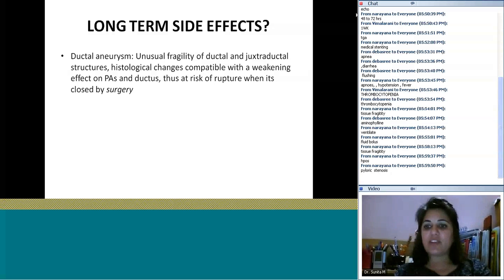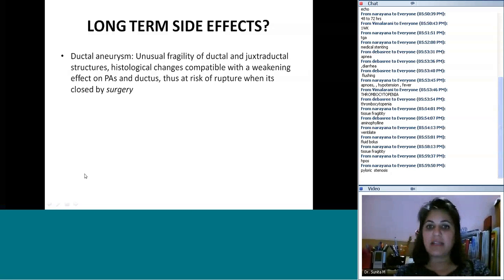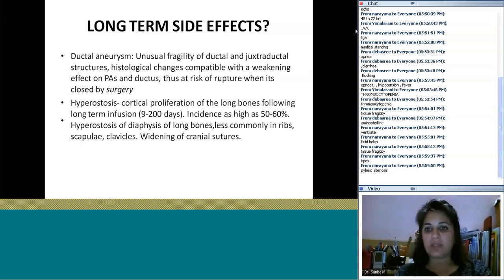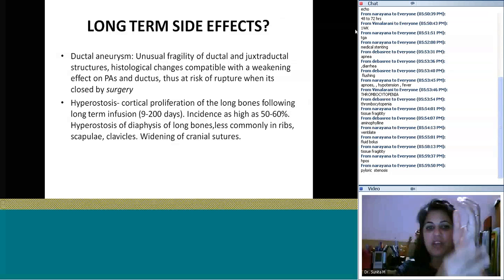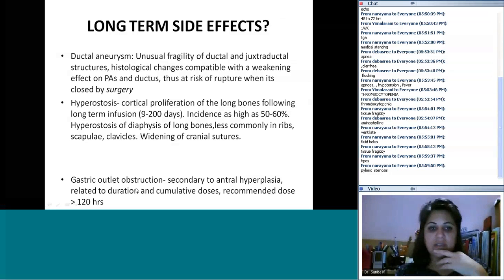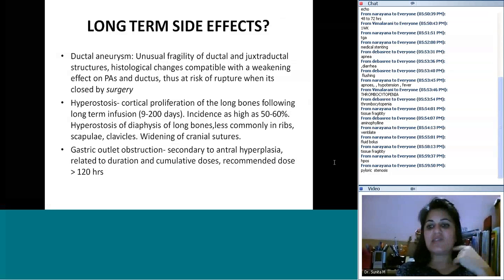So some of the long-term side effects of prostaglandin, one of them is that you can actually get a ductal aneurysm. The whole thing weakens, and you get a lot of fragility of the ductal and the juxtaductal structure. So you're at risk of rupture. Second side effect is hyperostosis. That means there's proliferation of the long bones following long-term infusion. Incidence as high as 50 to 60%. So if you start seeing that the bones are all getting thicker and fatter, that's a side effect of prostaglandin,